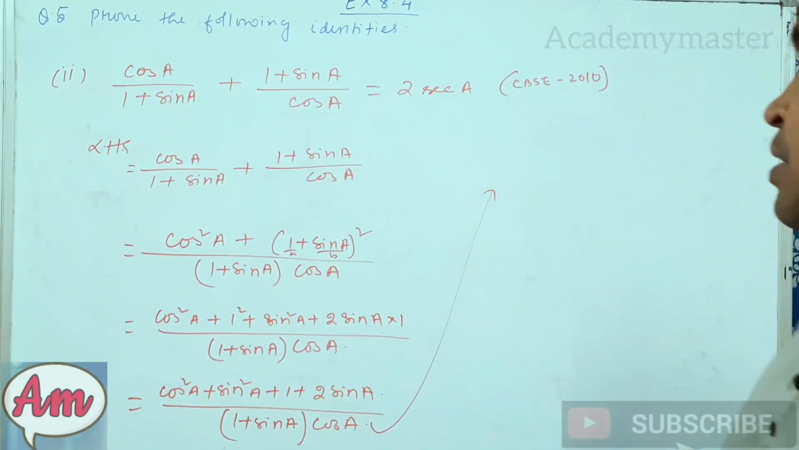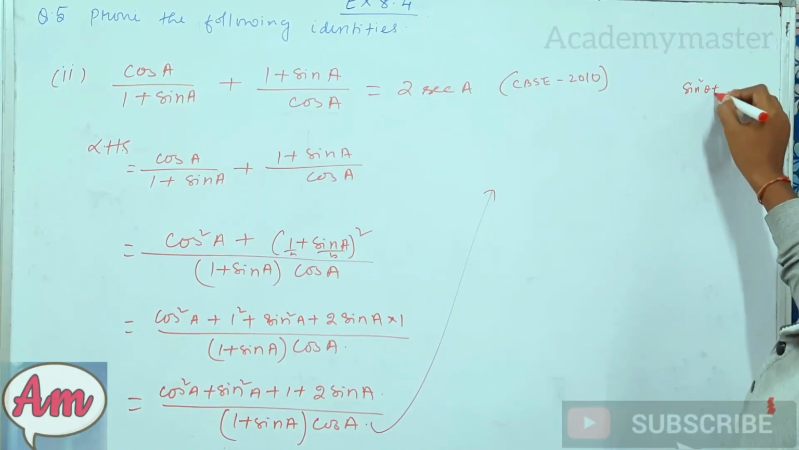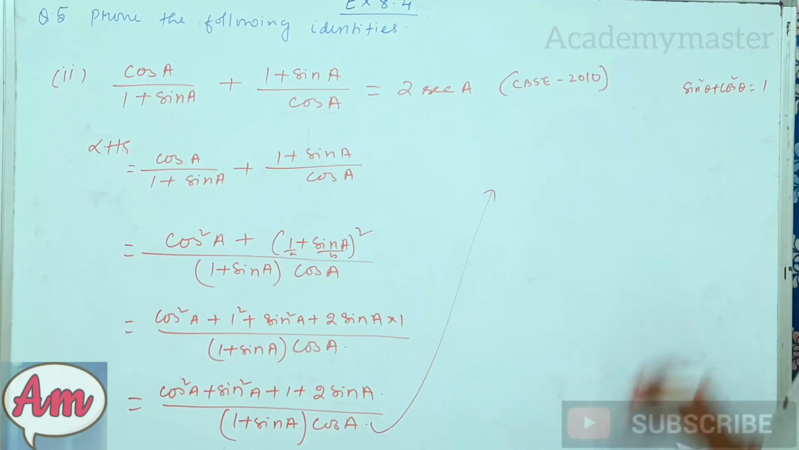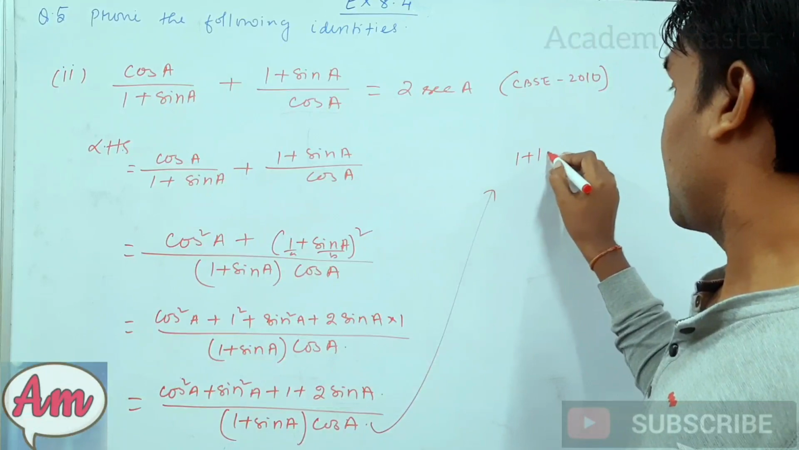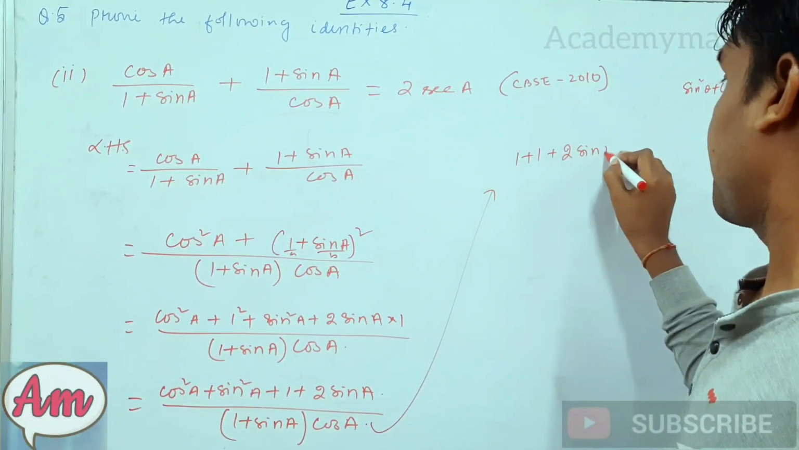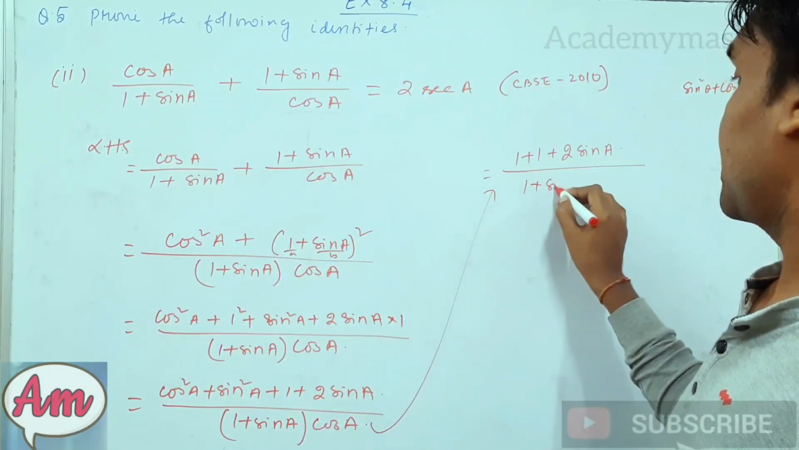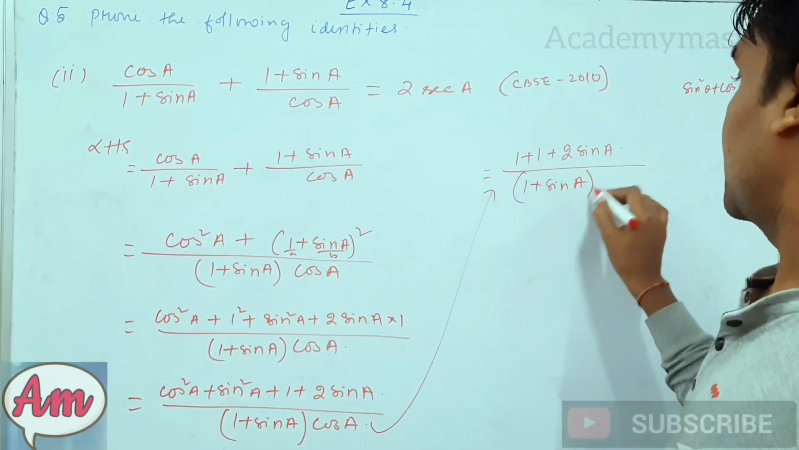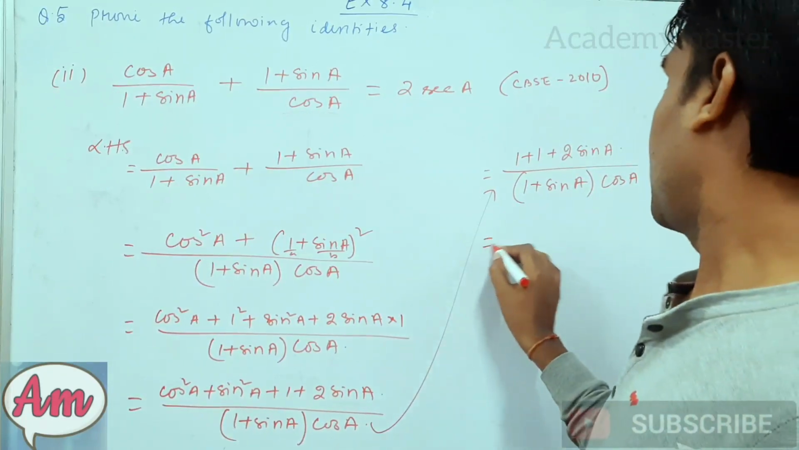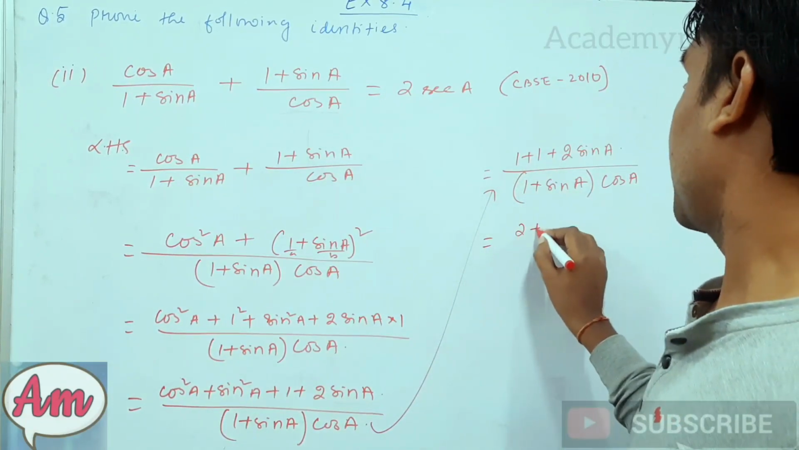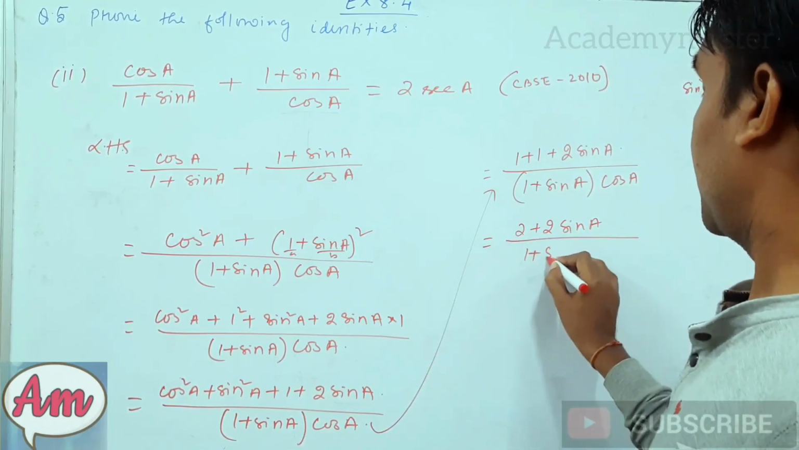So the next step is sine square theta plus cos square theta. As I have already told you in the beginning, sine square theta plus cos square theta is equal to what? 1. There is one identity. So this one will become 1 plus 1 plus 2 sine A by, what is the downside? 1 plus sine A into cos A. Okay, now if you add these two, it will become 1 plus 1, 2 sine A by 1 plus sine A